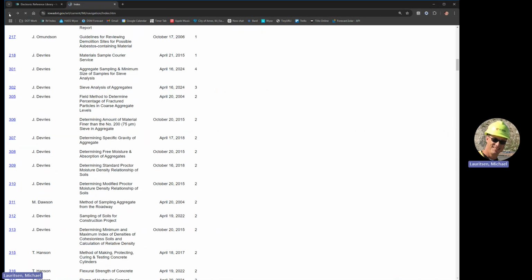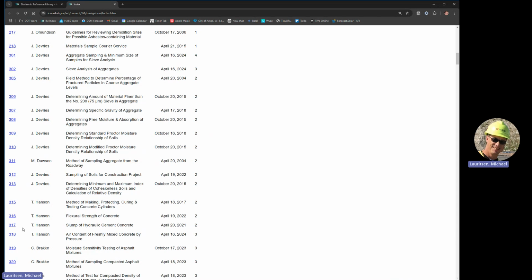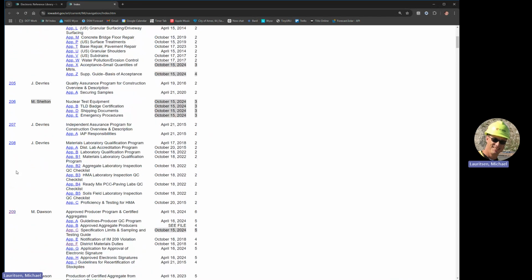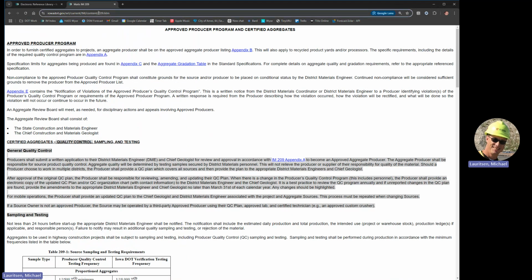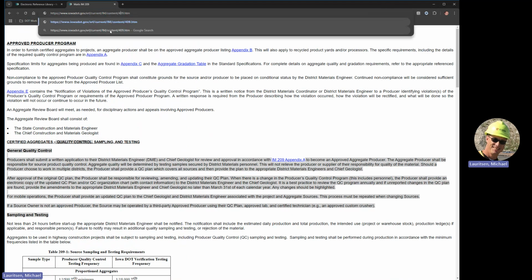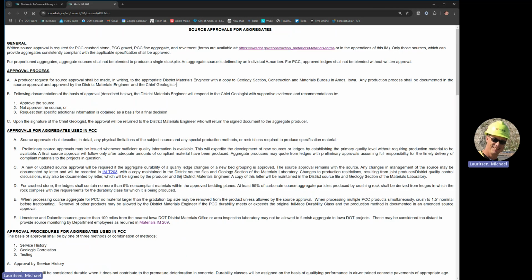So that's how I used it before. I also would go, like if I was in IM 209 or aggregate and decided I wanted to go to 409, I would highlight and change to 409 up at the top, and it would do that. I would also always look to see it said current if I'm looking for the most current version of that IM or spec. I would always coach people to look in that heading to make sure they're looking at current,